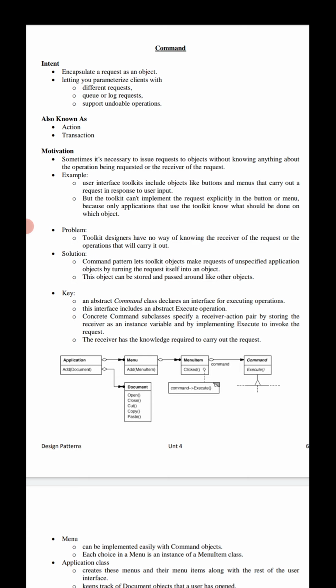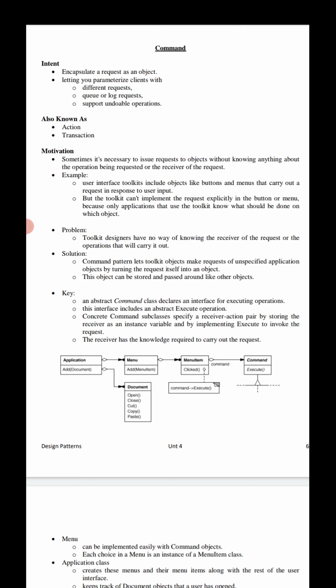But the toolkit can't implement the request explicitly in the button or menu, because only the application that uses the toolkit knows what should be done on which object. As toolkit designers, we have no way of knowing the receiver of the request or the particular operations that will carry it out.